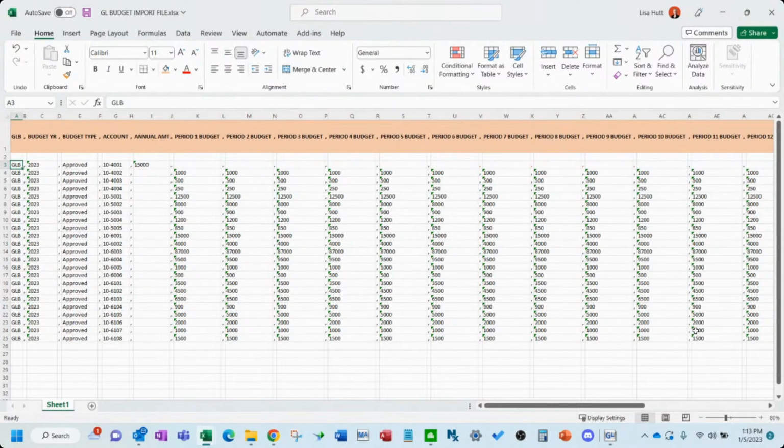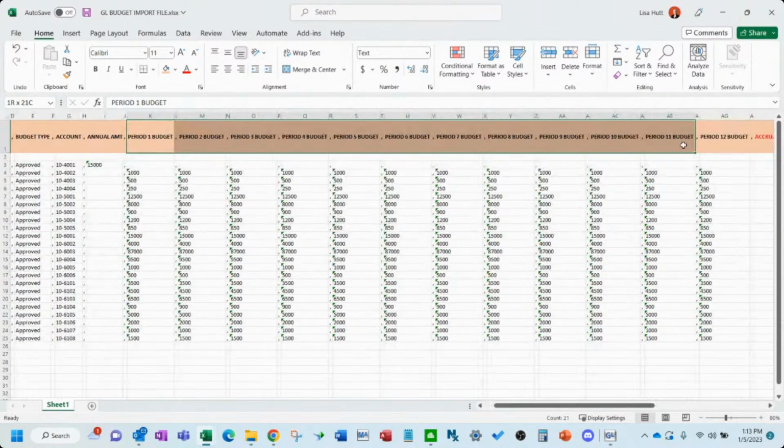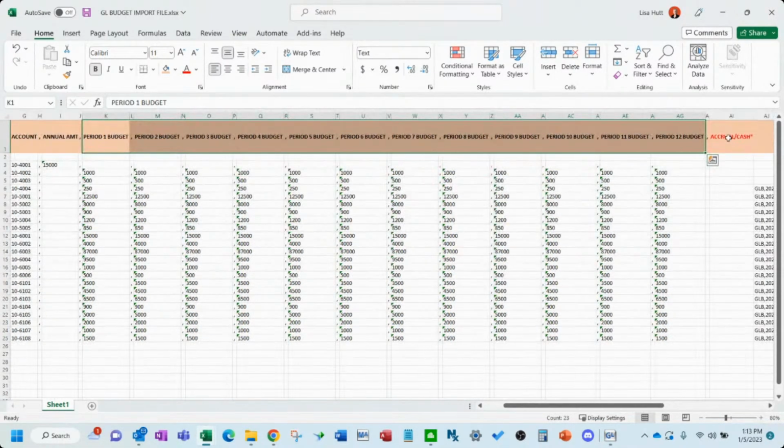So the format for this is, make sure that you have the static GLB column here. You've got your budget year, your budget type, and your account number. So the annual amount and the period budgets 1 through 12 are over here, as you can see. And then the very last column is optional.